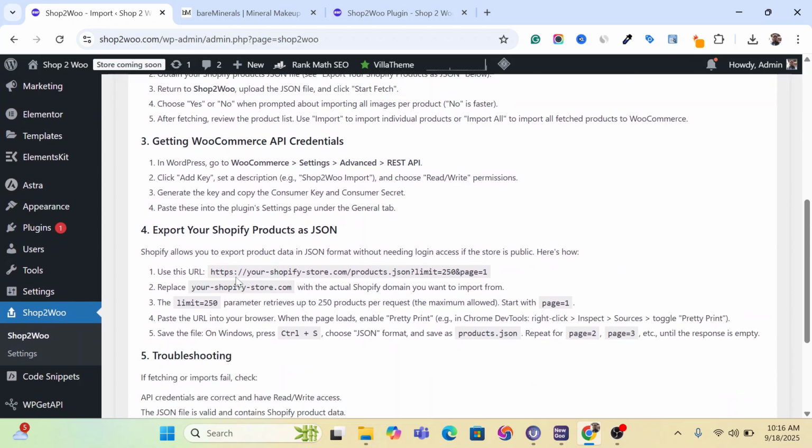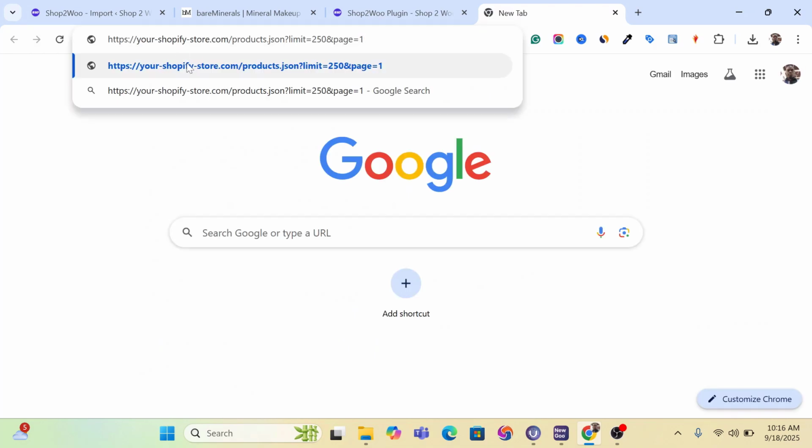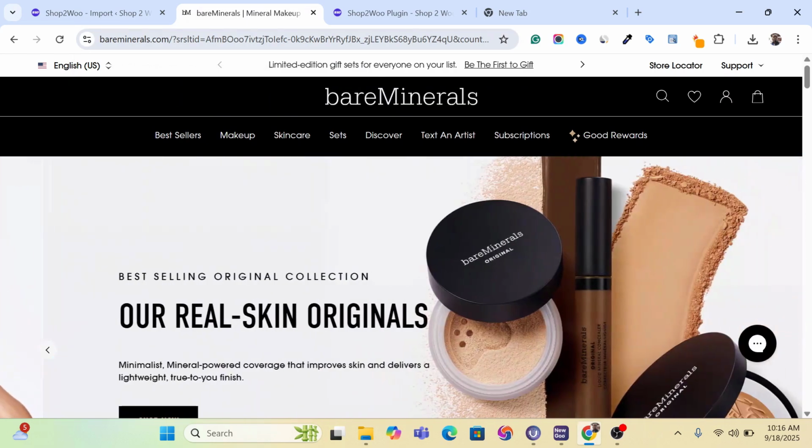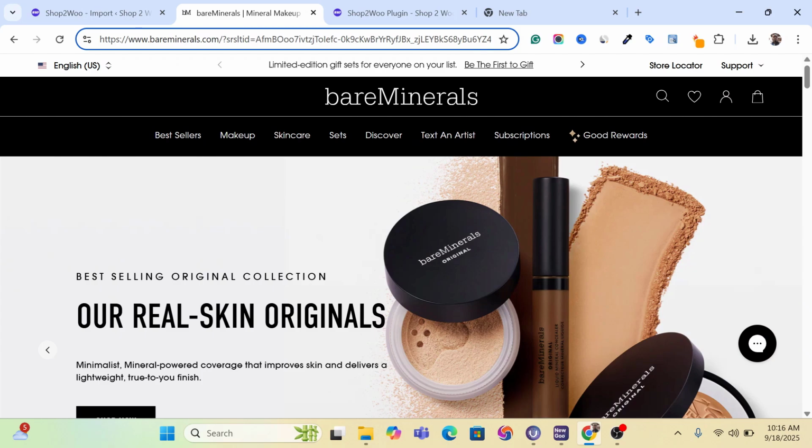The second thing you're supposed to do is to copy this particular URL. Copy it, then paste it in another browser. As you can see, this is the URL we have copied. Then come over to the particular store you actually want to download products from. So you have to download all the products from this store. So we're going to copy this